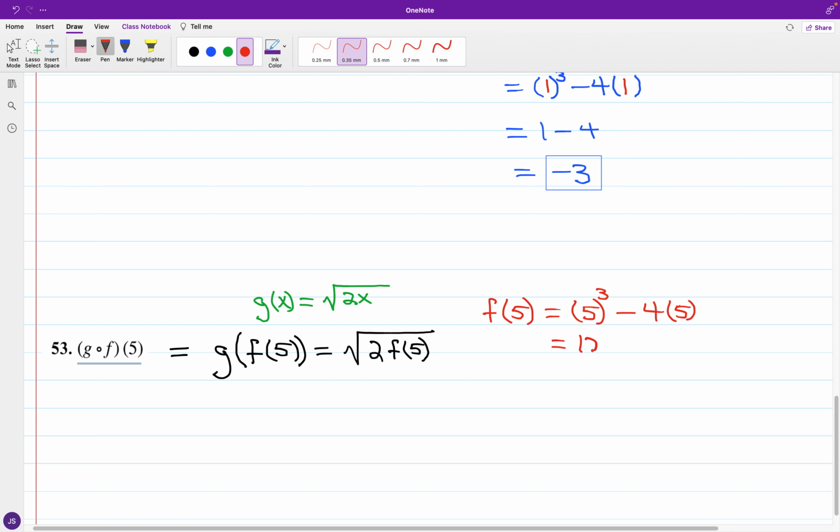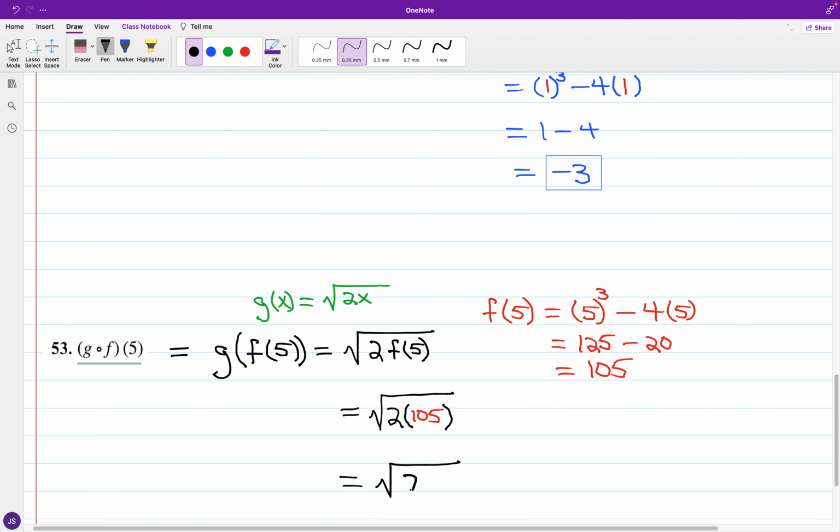We have 5 cubed is 125. Negative 4 times 5, that's minus 20. And for the difference, 125 minus 20 comes out to 105. And so for g of f of 5, we've got the square root of 2 times f of 5. We have 2 times 105, and we'll end up at the square root